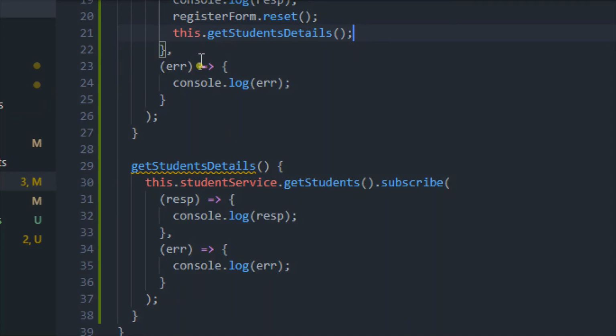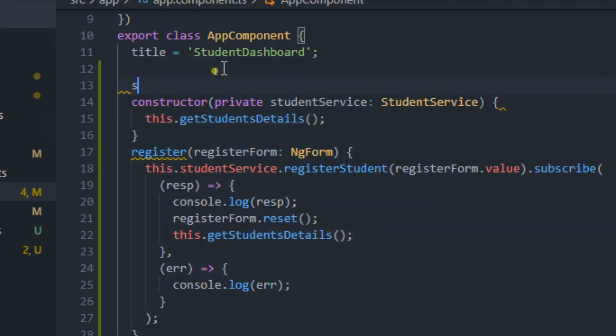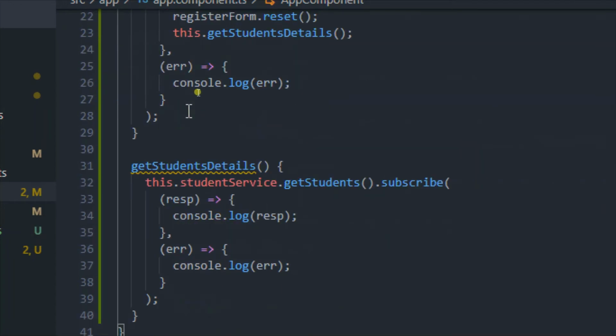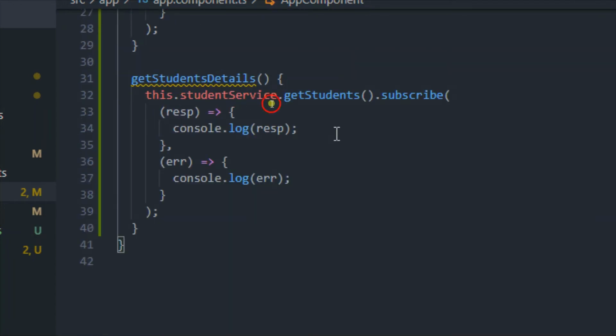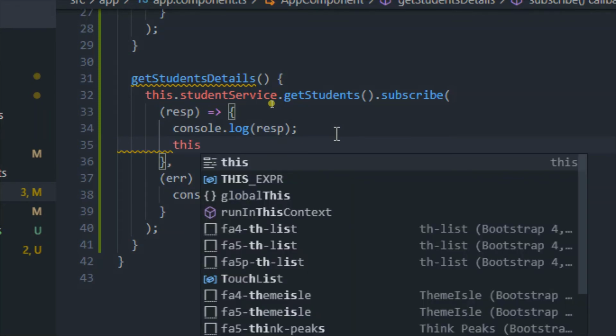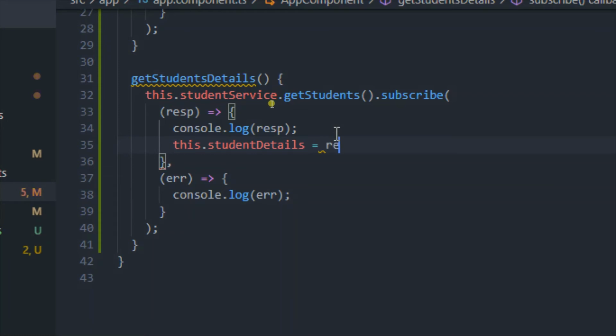So let me declare one array after or before the constructor, studentDetails, which is the array. First it will be an empty array, and whenever I get any values, I will keep all those values in that array. So I will write this.studentDetails = response.